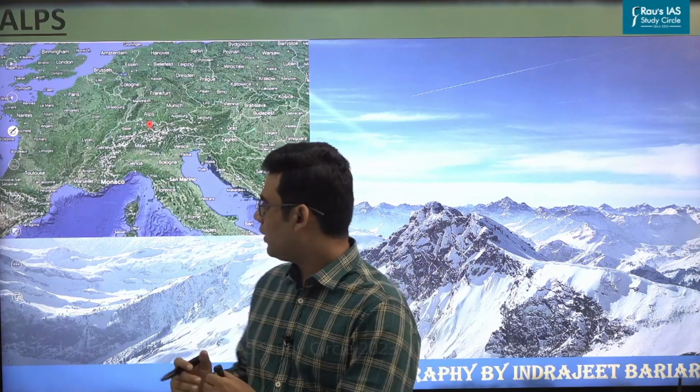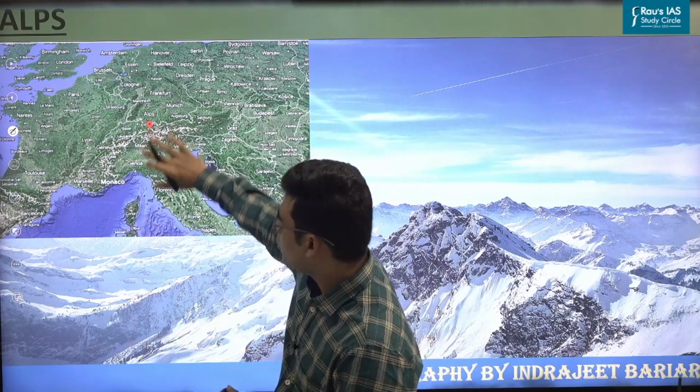The alpine mountainous system is a new fold mountain system, and it has been formed primarily due to the plate boundary interaction. To be precise, the convergent plate boundary interaction. This convergence is taking place between the Eurasian plate and the African plate. The African plate from the south is pushing, and is now converging with the Eurasian plate, and the African plate is subducting underneath